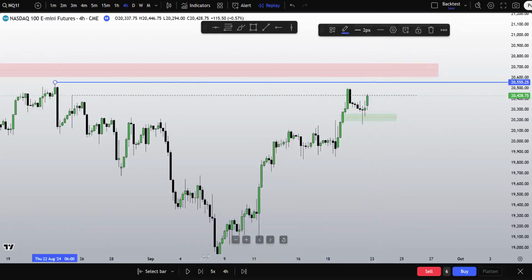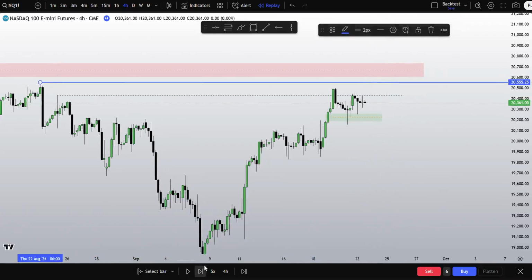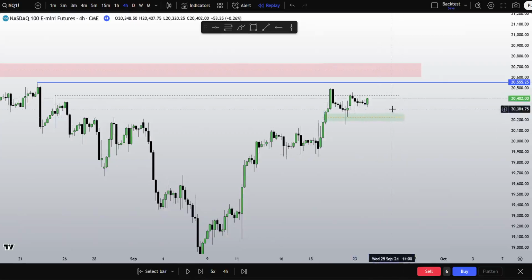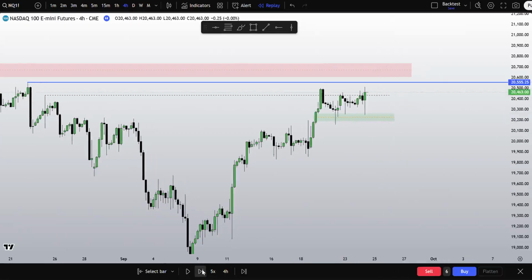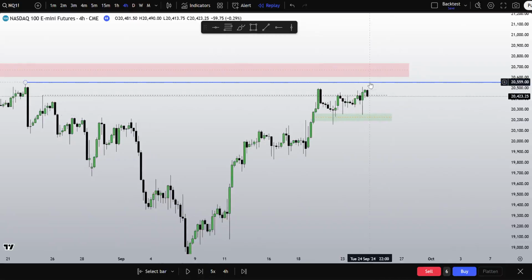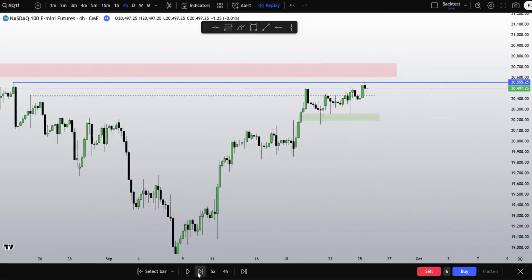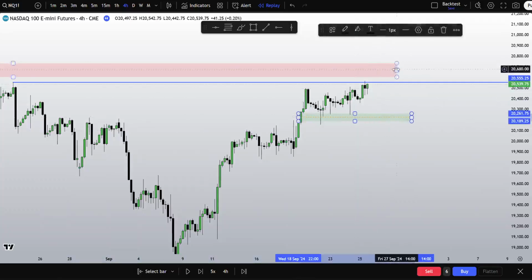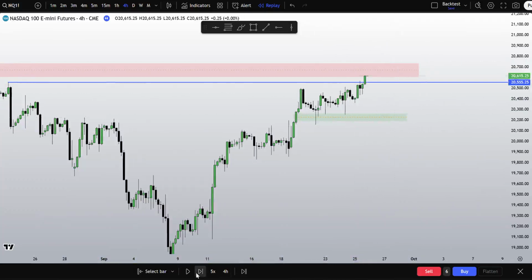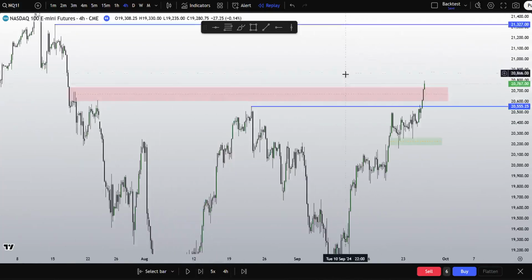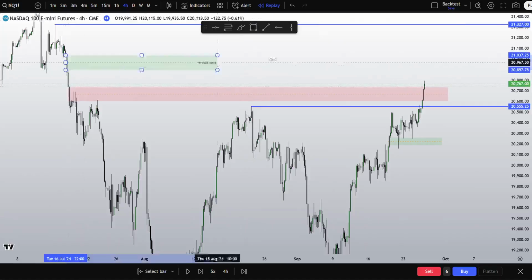I want to see 20,555 get tapped into, unless we disrespect this PD array. Still nothing. Respect it again. I want to see this high. That's where my eyes are. High gets tapped into. There you go. Draw on liquidity, hit. Potentially this imbalance as well. I want to see how we react to this. Disrespected it. One thing we're going to take into account is there are multiple bearish imbalances right here.